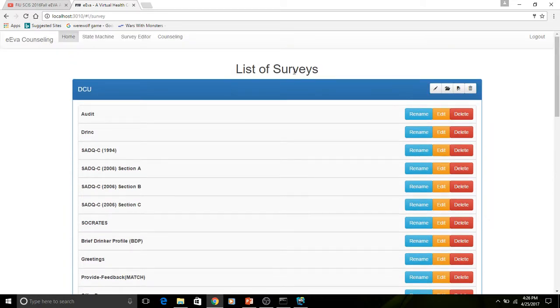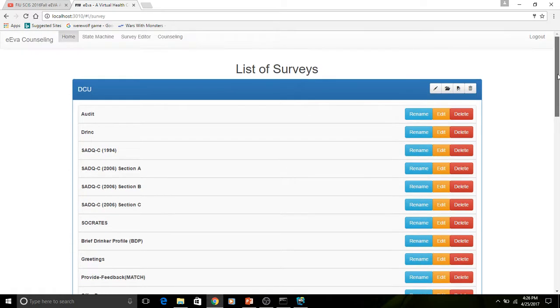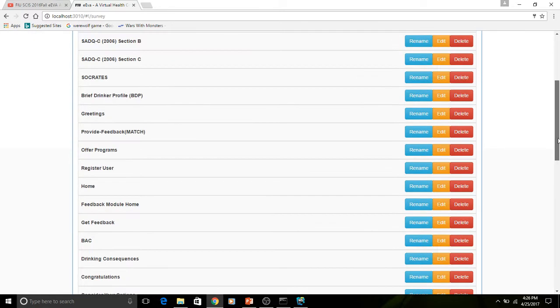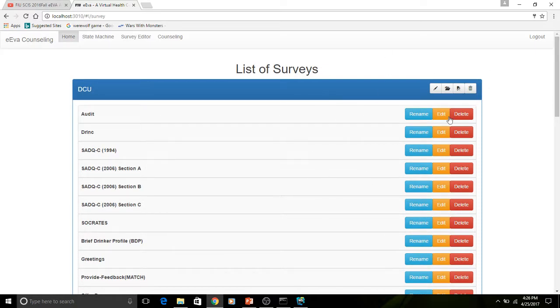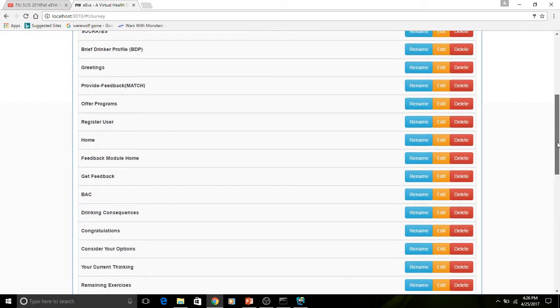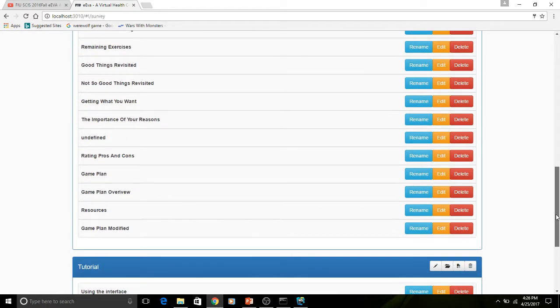In this case, surveys, you could say they are the information of the system. So these are all of the things that the counselors will speak, all of the surveys that the users will have to take, and from this interface, you can actually edit them, so you can make any changes, and then the users will be able to see those changes. So for example, if I go to this survey right here,